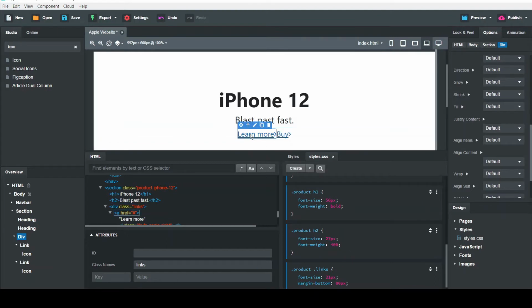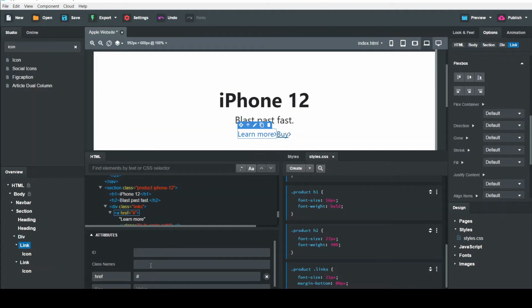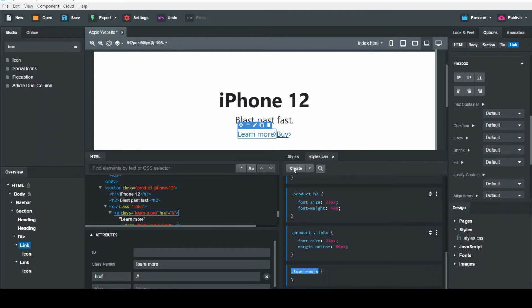For making the gap between two links, we give the class name to the first link. Give the class name learn more to the first link and create the CSS for that. Make the margin on the right side 20 pixel. Now you can see the space between two links. This looks good also, right?